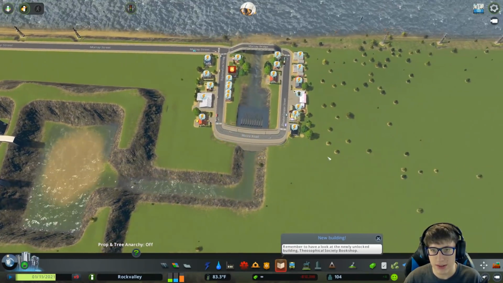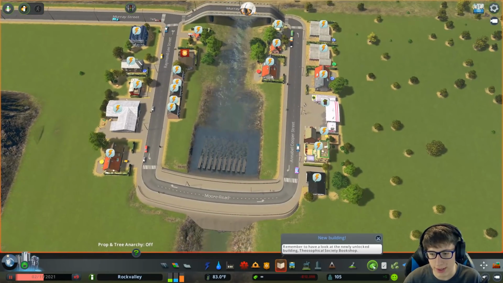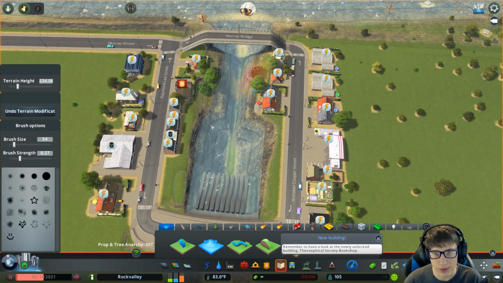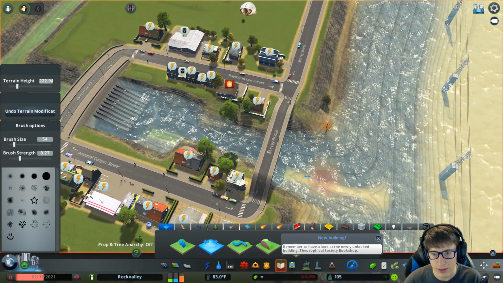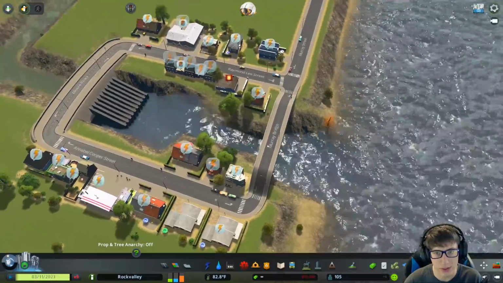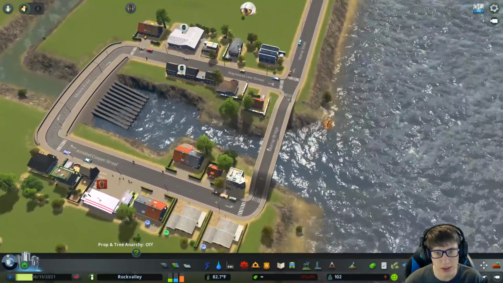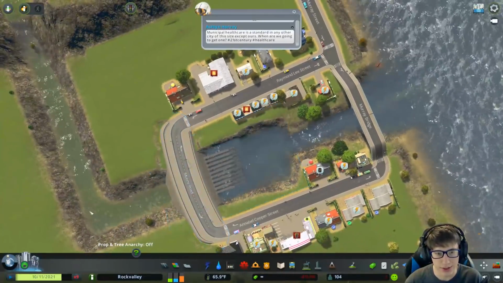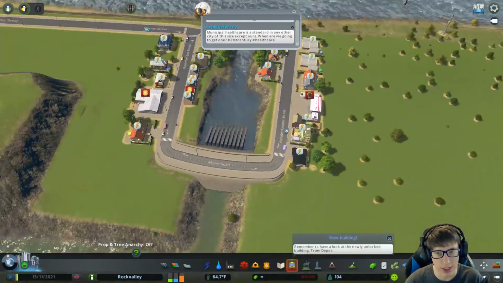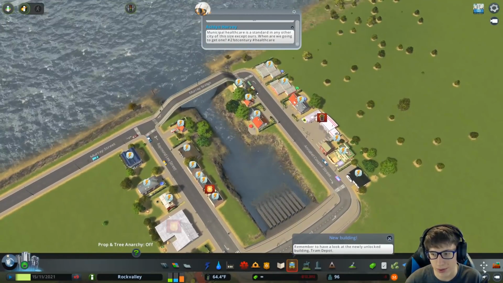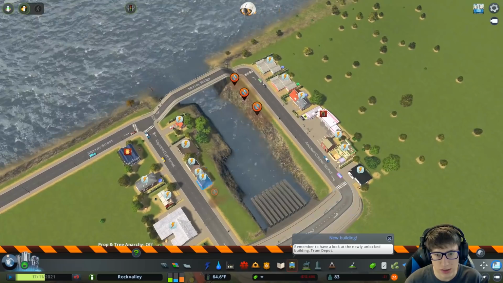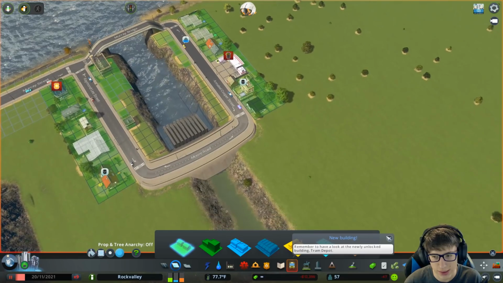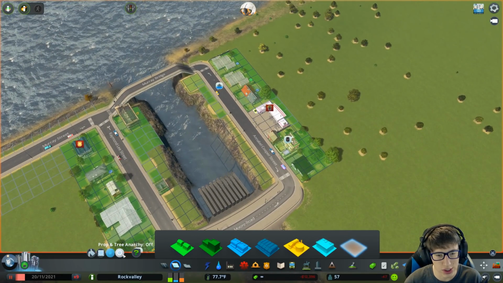But as you can see, it does function, except for the fact that this dam is a little bit too crunched here. It can't let its water out, which is causing it to not be able to create power. We're just gonna clean that up a little bit. There we go. It should be generating again, and it is. Oh, come on. There we go. It's still working, and either way, the water is still coming out of here, which is the OR gate. I just can't get the water out fast enough, apparently, for the dam to run. Let's just rip down these homes, and we'll just de-zone these. I know, this isn't really a huge issue, but